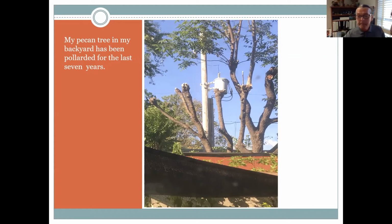It's very lopsided. So backing up to the previous slide, when I was speaking about the trees being topped in the Smokies, if I'm going to talk about plarting a tree and explain what plarting is, I have to learn how to practice it myself. So instead of removing this tree, I started the plarting process on this tree. And only in the wintertime do I remove the sprouts that come up off this tree. Obviously, you can see that the leaves are on this tree as I'm pruning it out, but honestly,